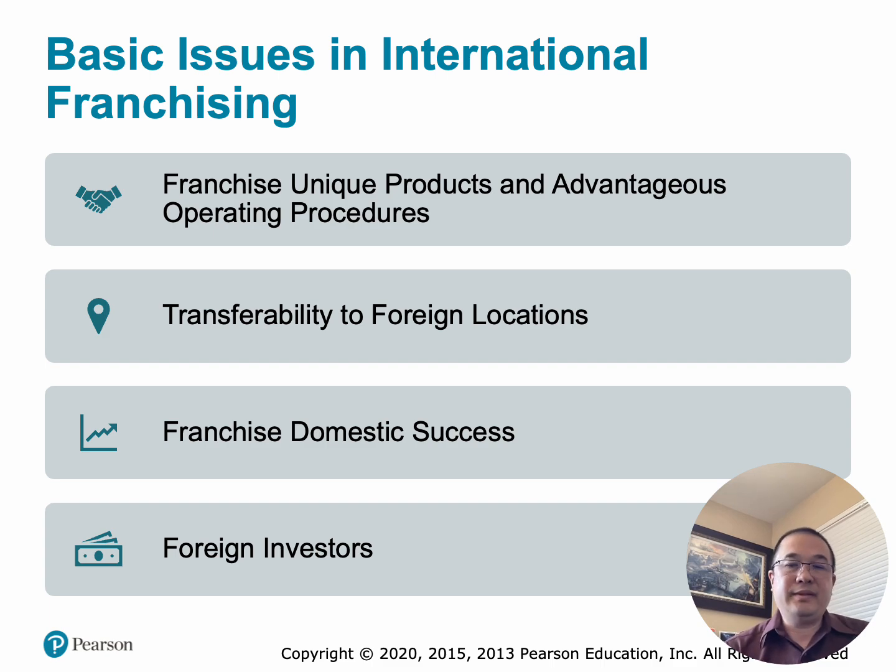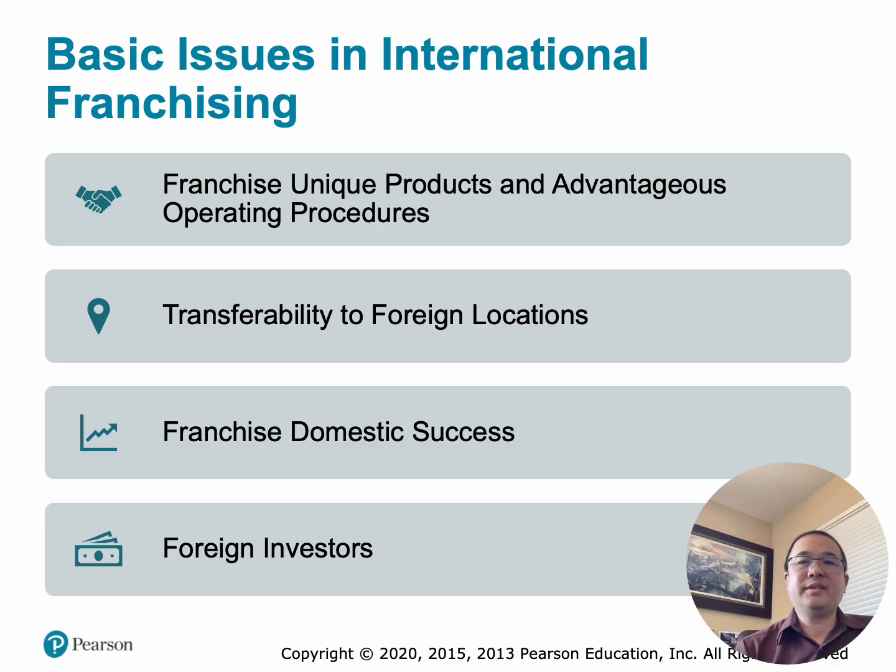Number four, foreign investors. International franchising requires capable local partners. These investors or franchisees provide the capital, local market knowledge, management, employees, and day-to-day operations. As an example, a U.S. restaurant chain entering China may partner with a local investor who understands Chinese consumers, knows local regulations, and can manage local operations. So why is this important? Even a strong franchise can fail if the local franchisee is weak.